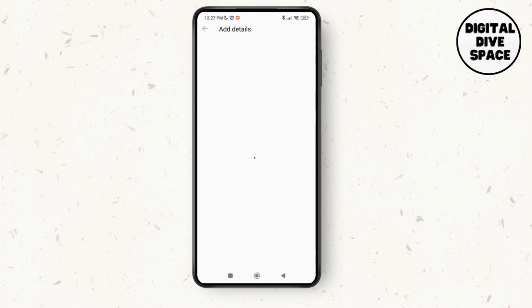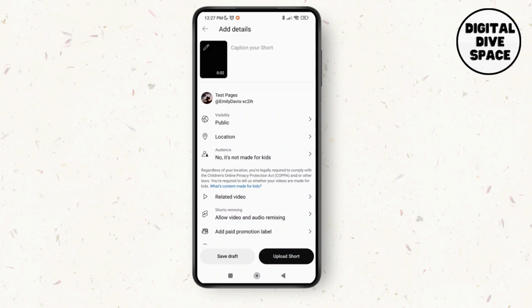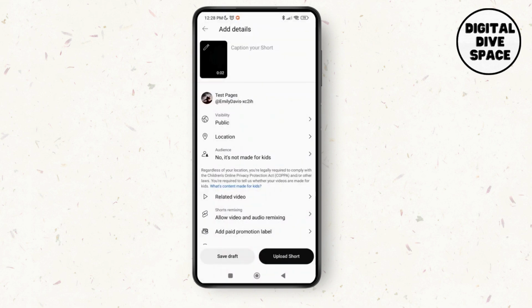Now as you tap on next, you'll be able to add the details. So in order to add the thumbnail, what you have to do is tap on this pencil icon over here at the top and then you can select the thumbnail based on any of the images or any moment during the video over here. So since it's plain black, I'm going to select randomly and then tap on done